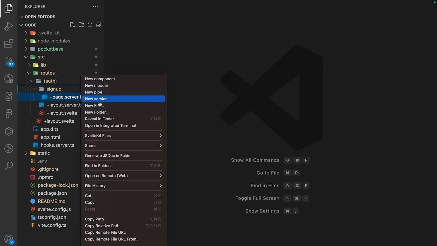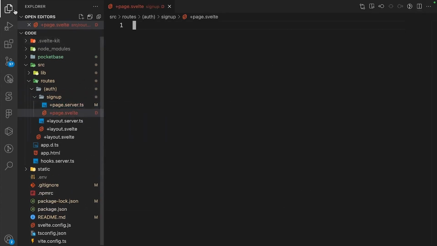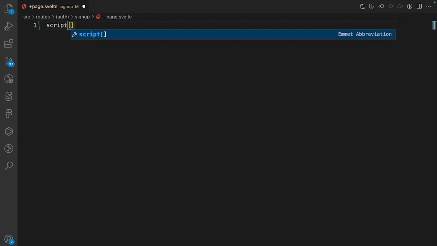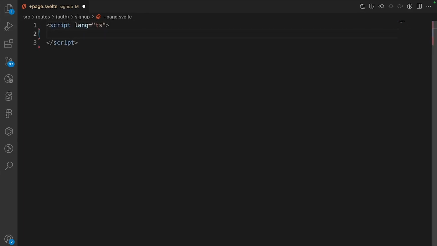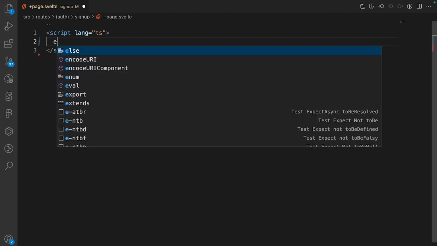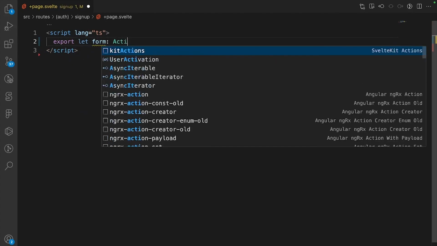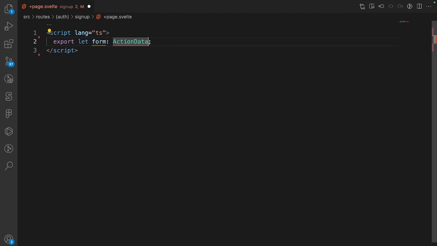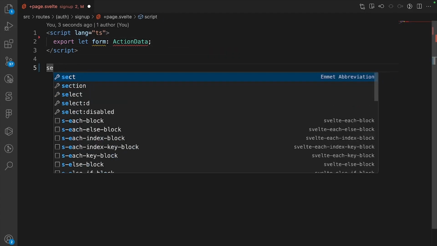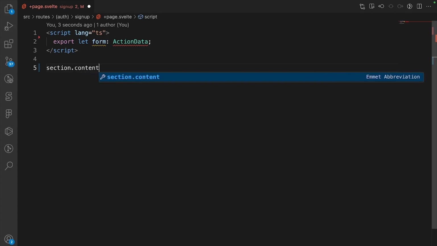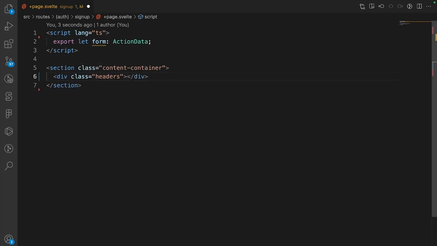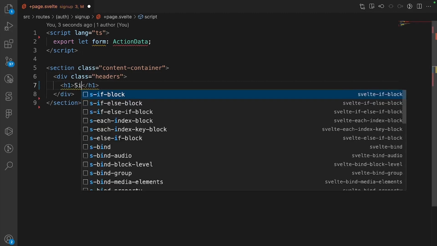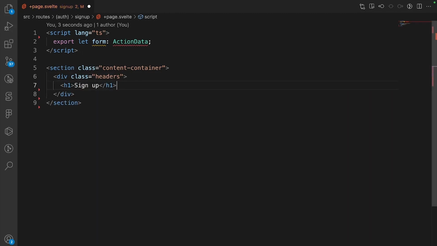So then let's close this file, and in the sign up folder, let's create a new file called +page.svelte. And first of all, let's create a script with the lang set to TS, so TypeScript. We're going to export let form is equal to ActionData. So let's import the ActionData type. Let's let it load for a second, but we're going to set a section with a class of content container with a div of headers,